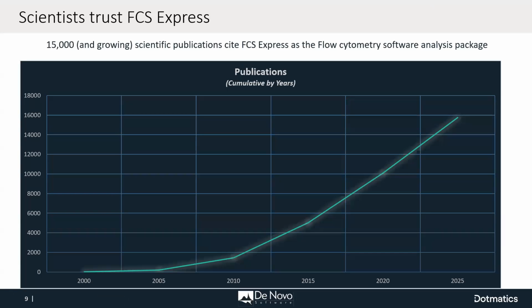Now, if you, again, haven't heard of FCS Express and you're not sure if people in your institution or facility are using it, rest assured, FCS Express is being used all the time. As of a quick Google Scholar search earlier this week, there's over 15,000 and growing scientific publications that cite FCS Express as the flow cytometry analysis software package being used. Again, this is a quick and dirty Google search, so I'm sure the number is actually much higher than this. But rest assured, people are publishing, people are using it, people in your facility that you may not even know are using the software to its full and efficient